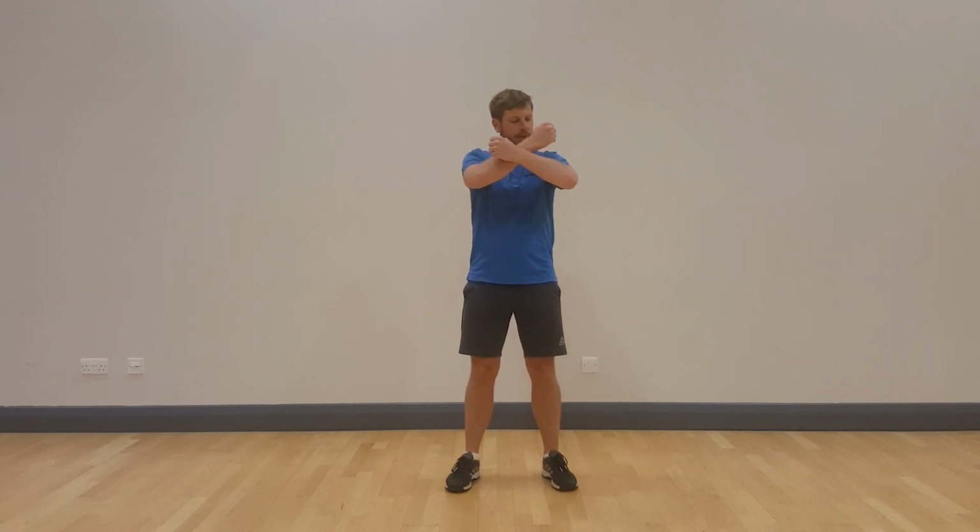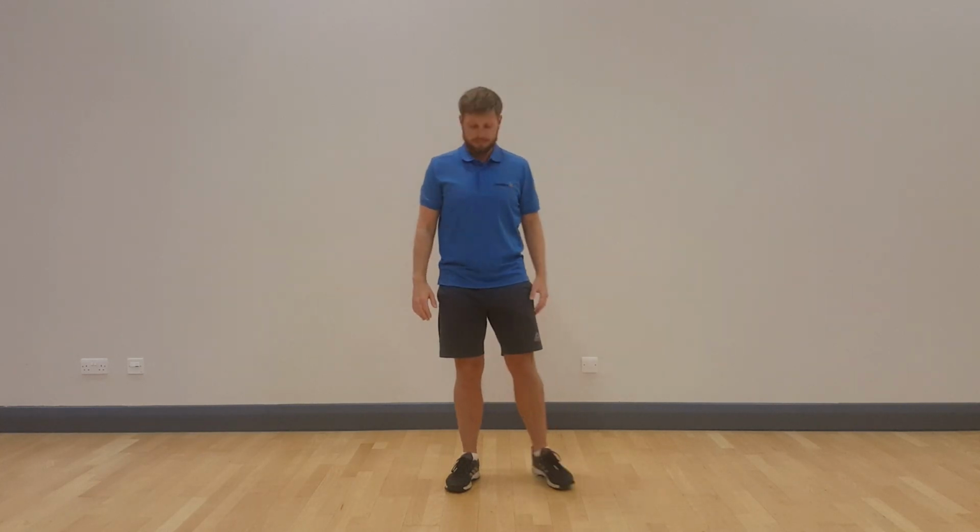Bring the hands across the chest, making two gentle fists. Breathe in. And breathe out and gently just open the fingers. Breathe in. And breathe out. And just relax. As always, we finish our Tai Chi session making a gentle fist,